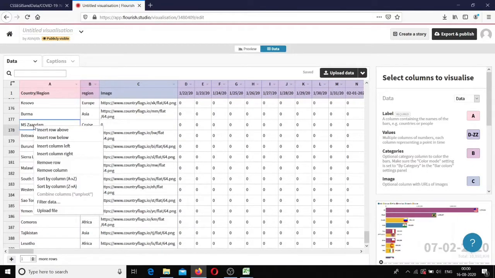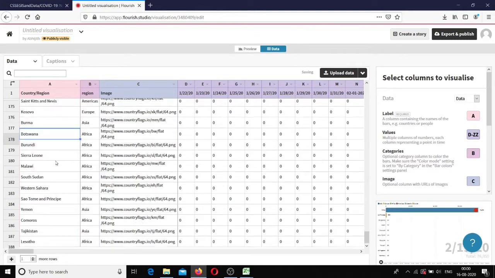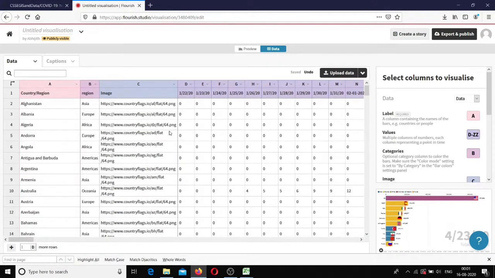So we can remove the row if it is not required. For example, I am removing the MS Xantam. It's a cruise ship. I will just remove that row. And also, if you want, you can edit the data also in this field.